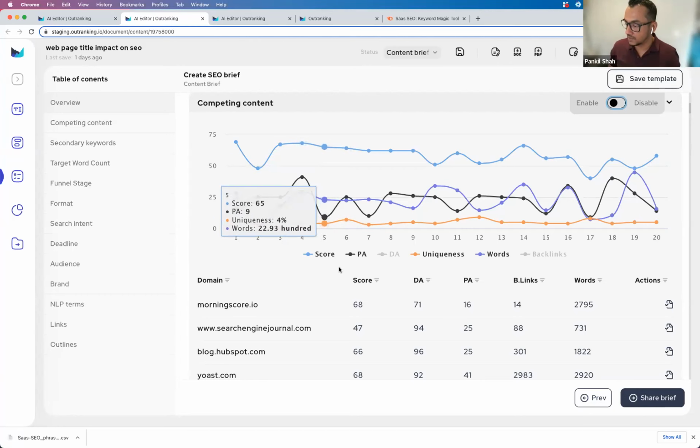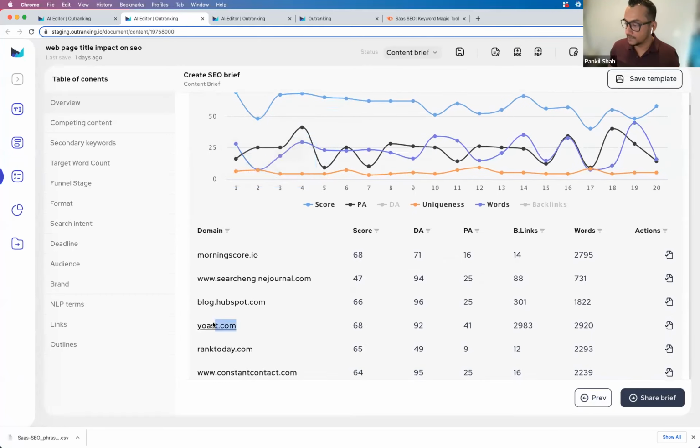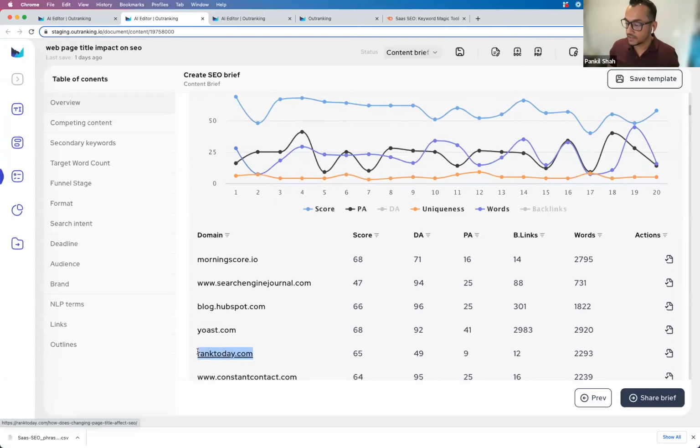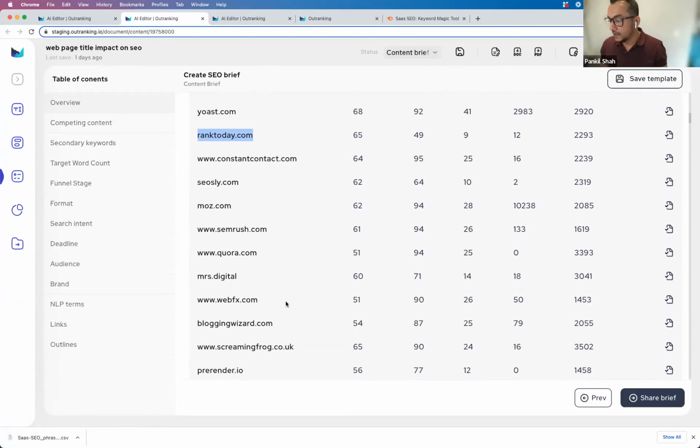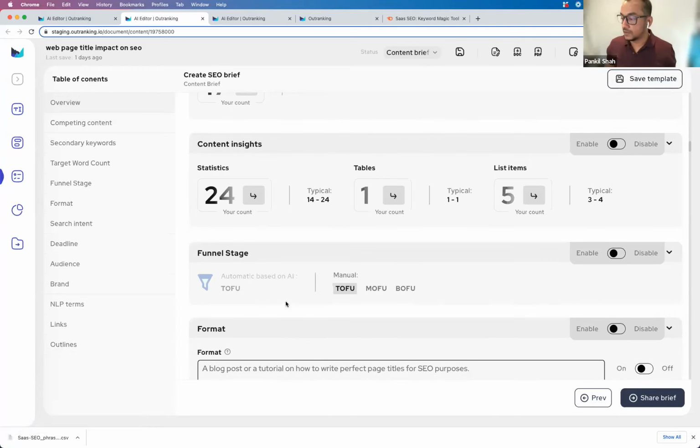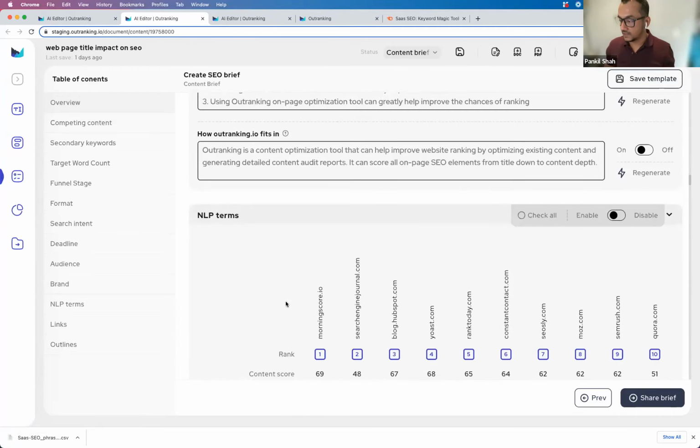So let's look at this fifth, right? Yoast, not Yoast, Rank Today. And you can clearly see that some of these guys are giants over here when compared to Rank Road, right? So this is a very easy way to figure out which pages are ranking because of good content. And that's what you want to figure out from here. Okay, let's keep going down. Most of these things are the same here.